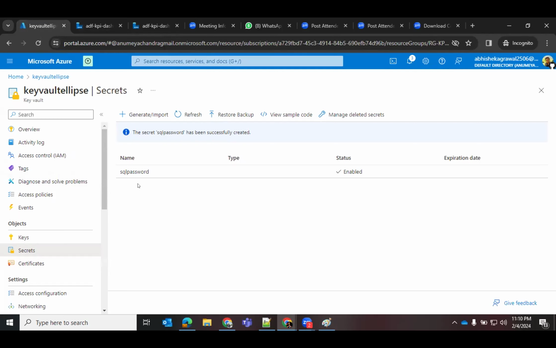And generally it happens project wise, and environment wise. Suppose I have a KPI dashboarding project. For the development environment, all the keys of the development environment we will be storing in the dev key vault. And for the test key vault, because in the test service your credentials will also change, right? So when you do the deployment of all the services from the dev environment to the test environment,